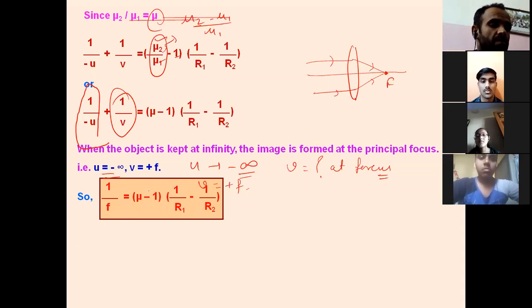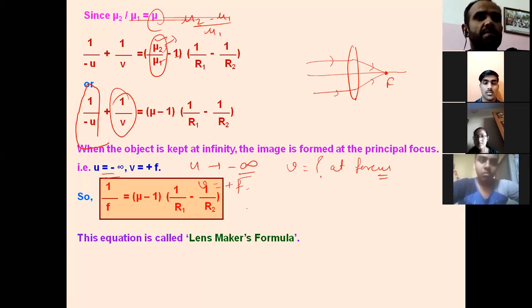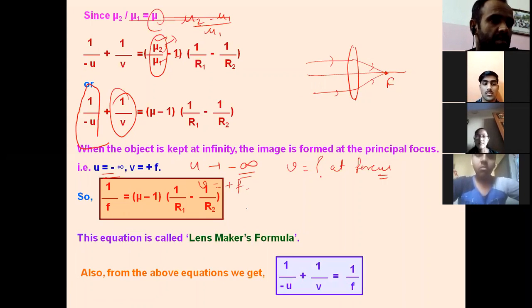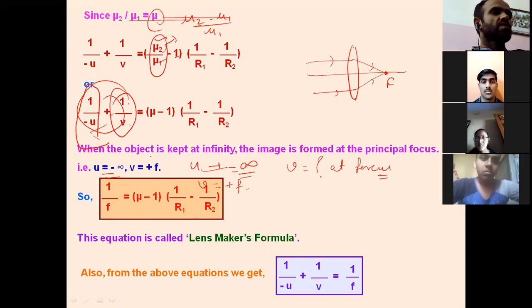Okay, so where mu is the refractive index of the material by which the lens is made. So this equation is called lens maker formula. Okay. Also from this equation, यहाँ से, है ना, ये वैल्यू पुट करने के बाद हमें क्या मिला कि 1 by minus U plus 1 by v is equal to 1 by